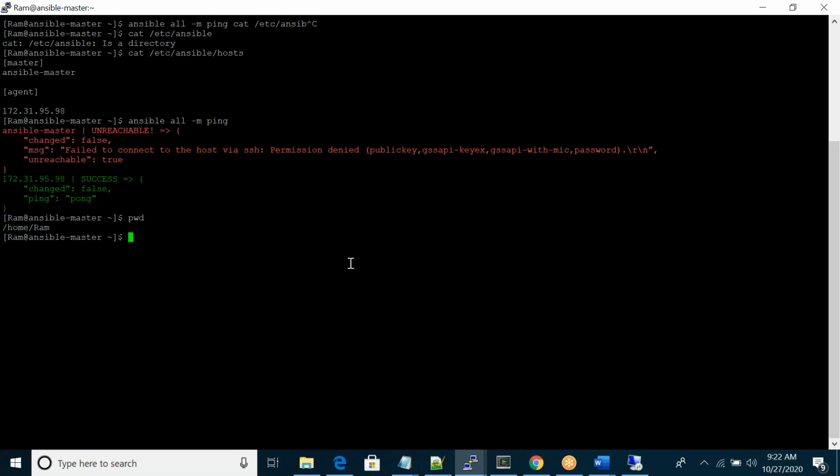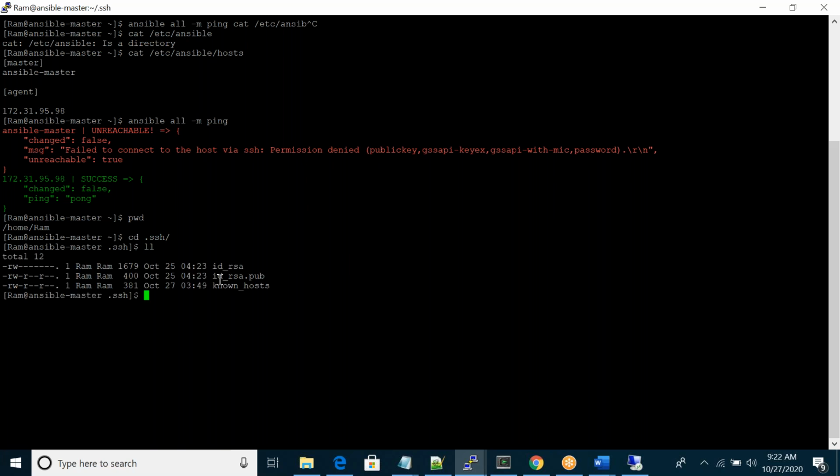Same way, for the master also we have to do self authentication. So for Ansible master, self authentication for master.